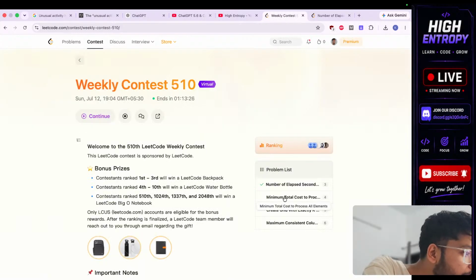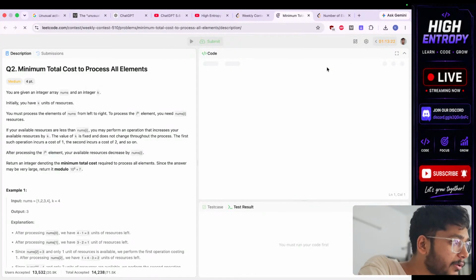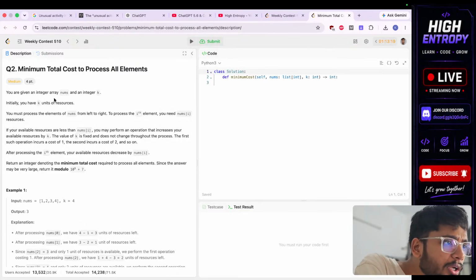Okay, now minimum total cost to process all elements. You are given an integer array nums and an integer k. Initially you have k units of resource. You must process the elements of nums from left to right. To process the ith element you need nums[i] resource. If your available resource is less than nums[i], you may